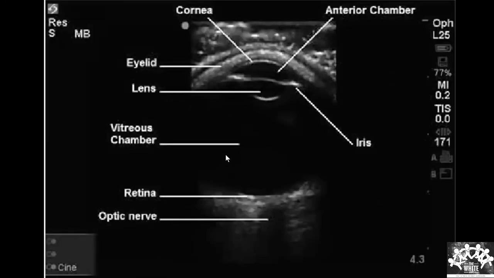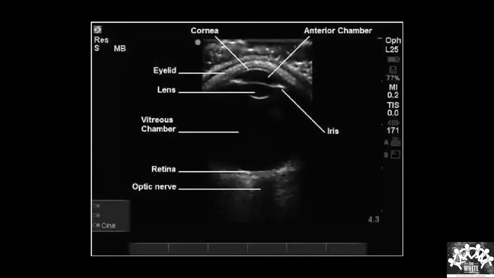Now see, imagine if I see some white structure here, what do you think it is? Good, vitreous hemorrhage. What else can it be? Yes, if I see dots here, it is floaters. Vitreous hemorrhage, floaters, and yes, tumors, retinal tumors can appear like that. Okay, this is how you do it.